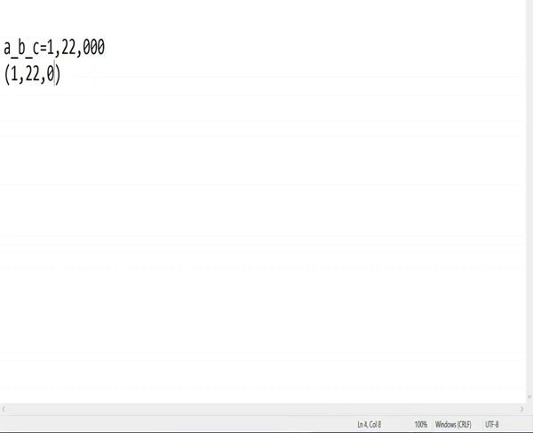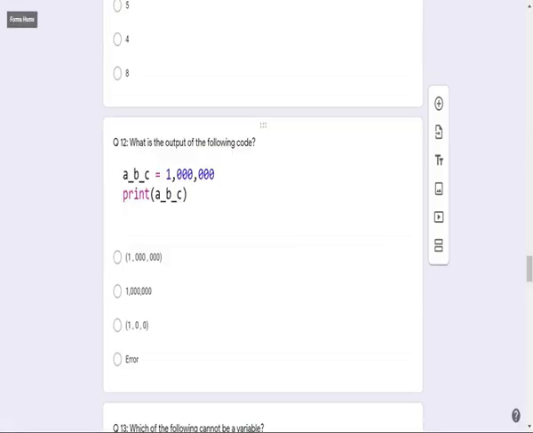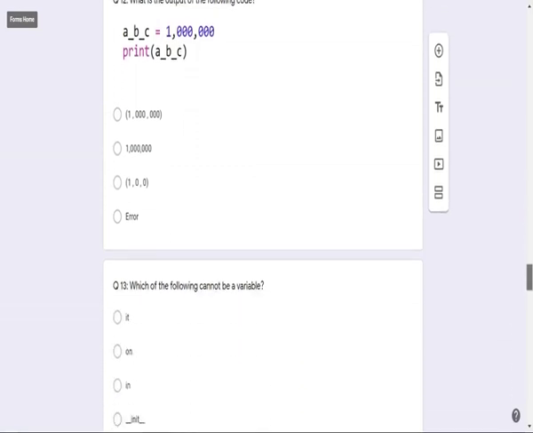That is, any number of zeros is treated as one. If more than one 0 occurs, simply ignore the number of zeros and place a single 0. So here this has no use. If you are writing this one, simply 1 comma, from this one 0, from this one 0. So the answer is 1, 0, 0, and it is represented in tuple format.